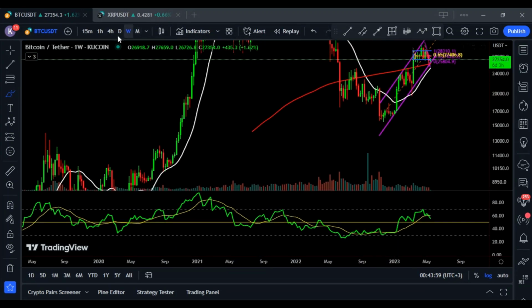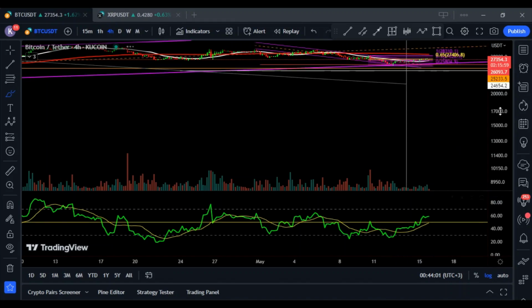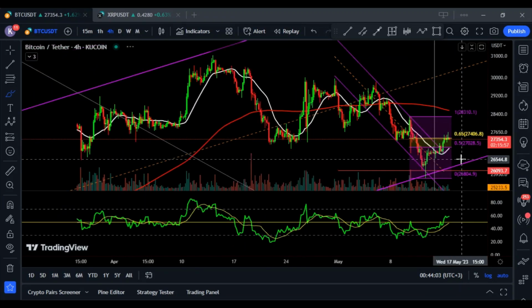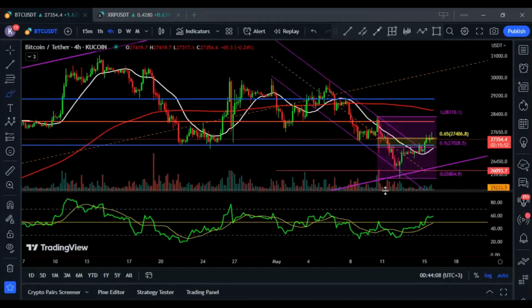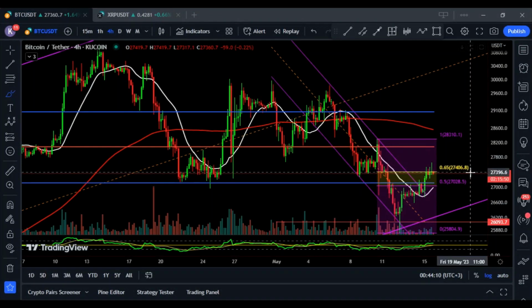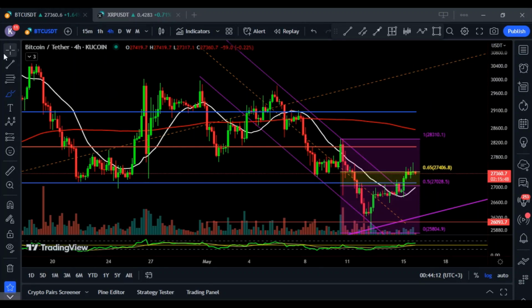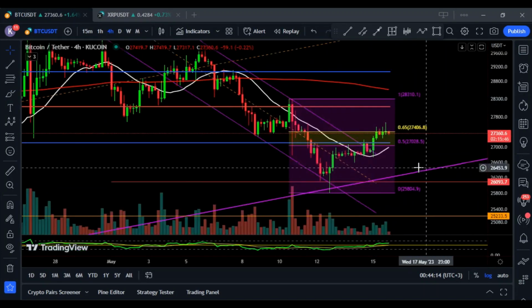Okay, so let's go back to the 4-hourly and put in our scenarios. What to expect on the 4-hourly? Let's zoom this back in. Let's take this down, let's move this up. So now we have one of two. The first scenario is